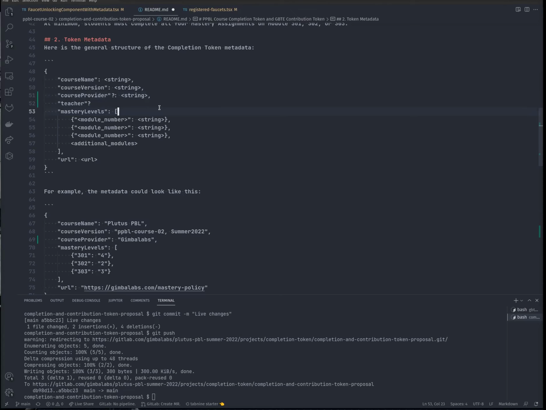Curtis: So when you first introduced this, James, personally, I find course provider Gimbal Labs to be very valuable information to put into the metadata. That's just personal opinion. But when you first introduced this concept, my thought was, okay, yes, we need to indicate that somewhere. I think who taught the courses is also valuable, but it doesn't necessarily need to be in the metadata